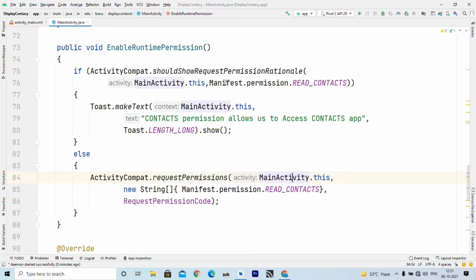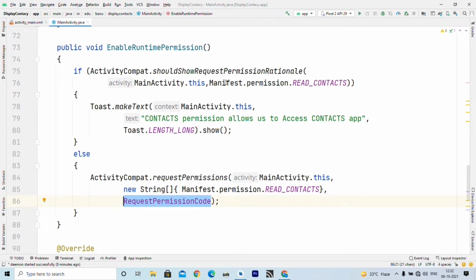The first argument is a context, the second is a list of permissions. So here we write Manifest.permission.READ_CONTACTS. You can request multiple permissions separated by commas here, and it returns this request permission code. So here I write 1.